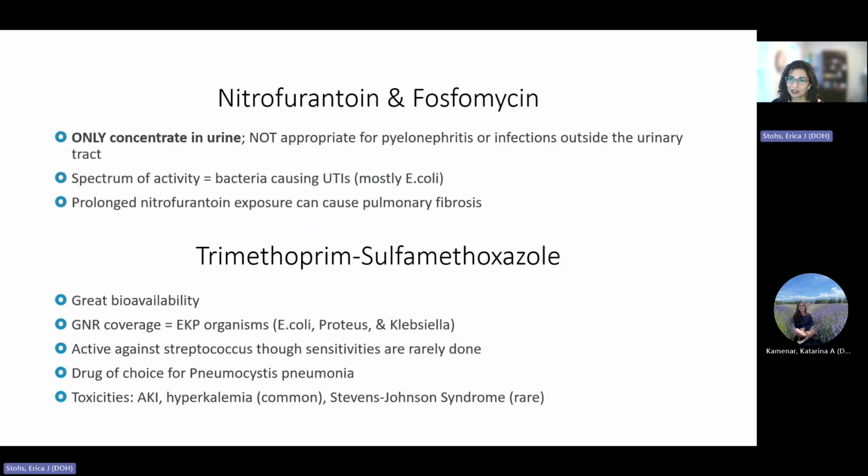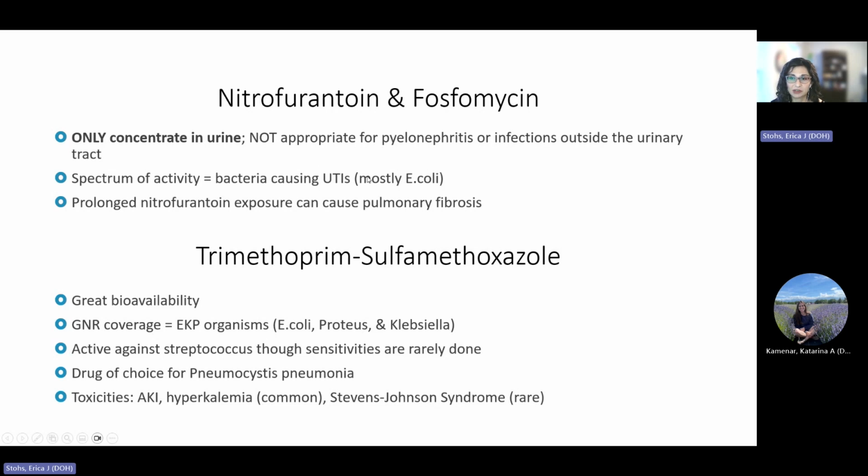Just to kind of get closer to our last few classes here. So nitrofurantoin and fosfomycin, I just put these together, not in the same class, but the same area, because these are our anti-UTI antibiotics. They concentrate in the urine, but they are not systemically absorbed well, meaning they won't have good coverage if you're worried somebody has sepsis or let's say even pyelonephritis or kidney infection. It's going to not penetrate the kidney as well.